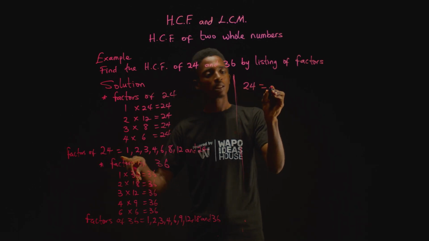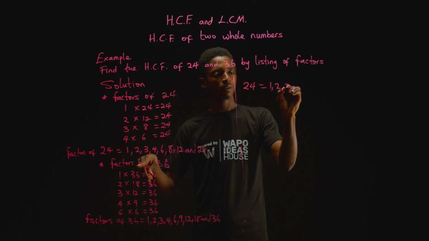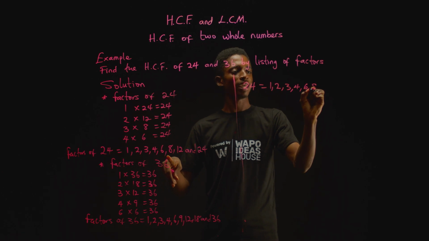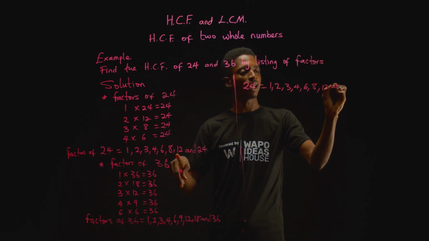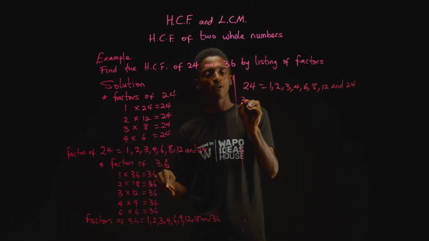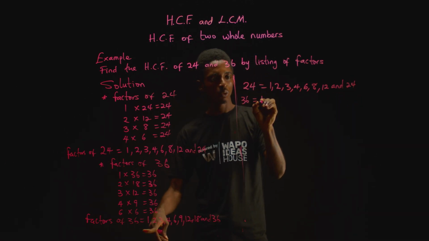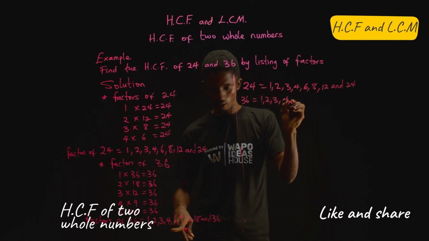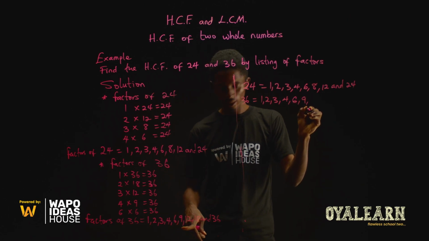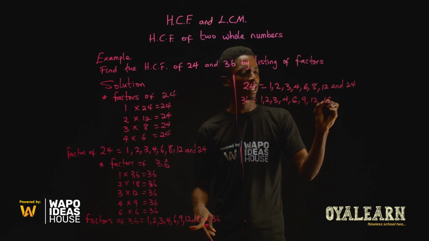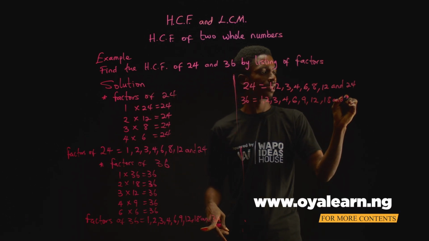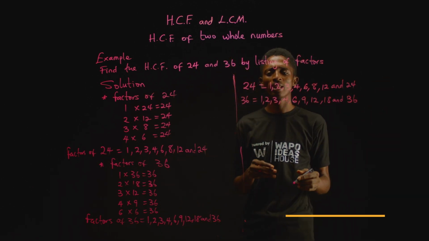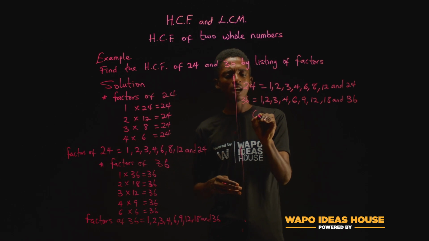That is 24, we got 1, 2, 3, 4, 6, 8, 12, and 24. While for 36, we had 1, 2, 3, 4, 6, 9, 12, 18, and 36. So now that we have our factors listed out, let's compare and see what they have in common. You will see that our common factors